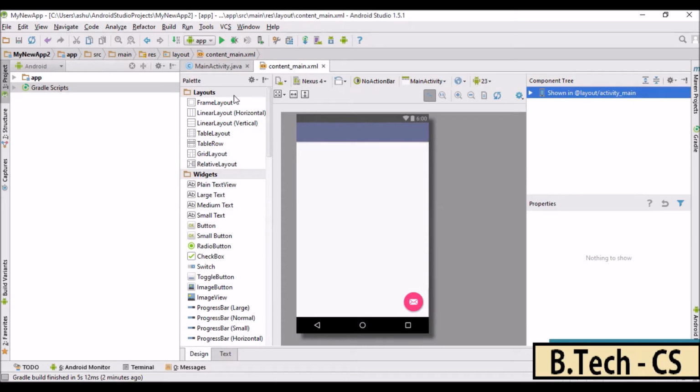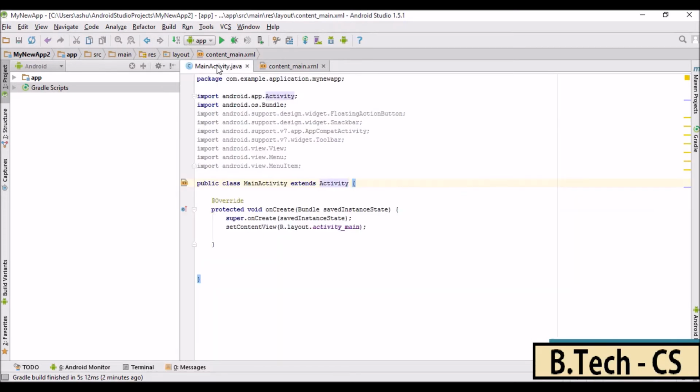Now once everything is deleted and cleared, the next thing which we need to do is we need to go into this main activity.java file, and we need to start writing the Java code for designing our interface. So before designing the interface, the thing which we need to do is that we need to use a certain layout so that the elements are placed in the screen in that manner. So in this case we'll be using relative layout. Now what relative layout means is that each and every element which is present on our activity is going to be placed in relation to each other.